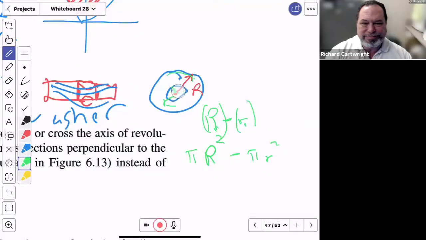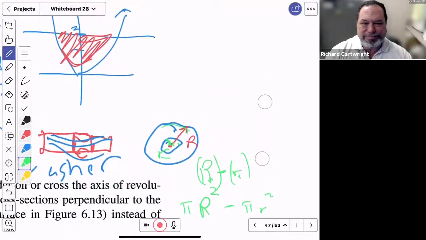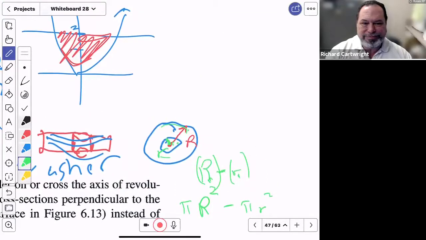We're pretending there's no hole. Sort of like if I was just doing a very simple graph, there's half a circle from -2 to 2. If it sweeps around,